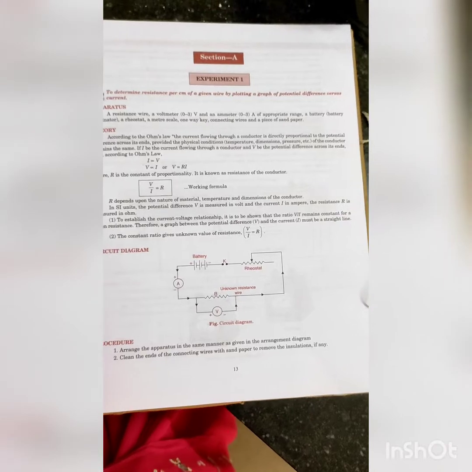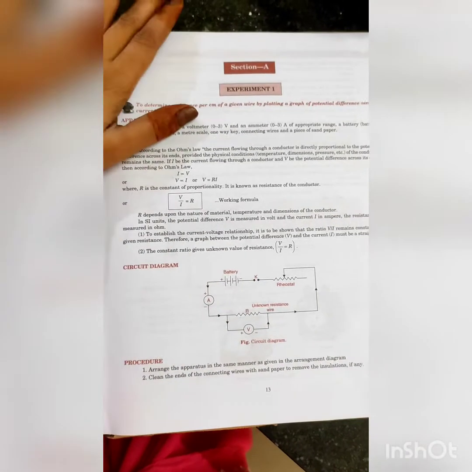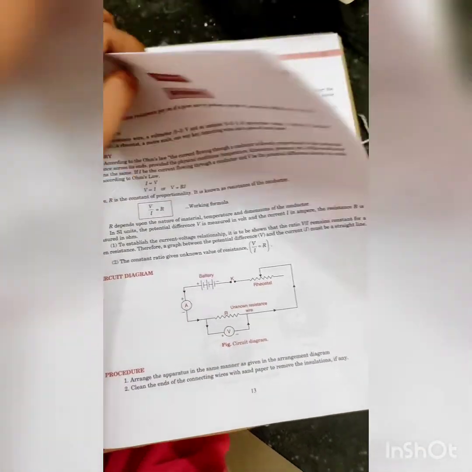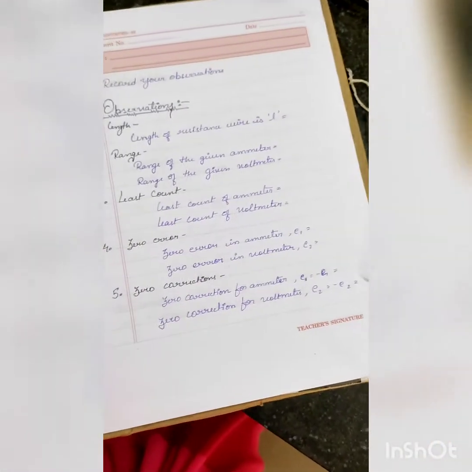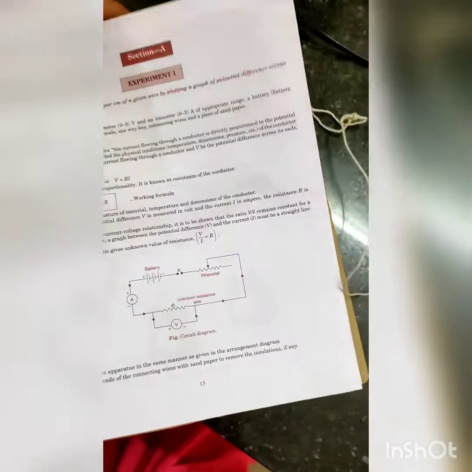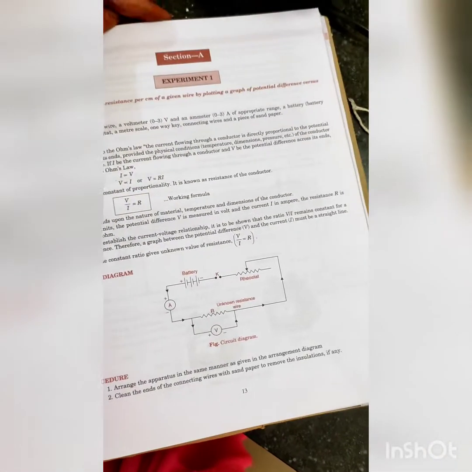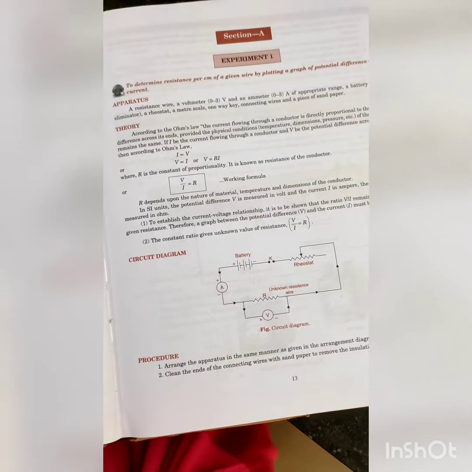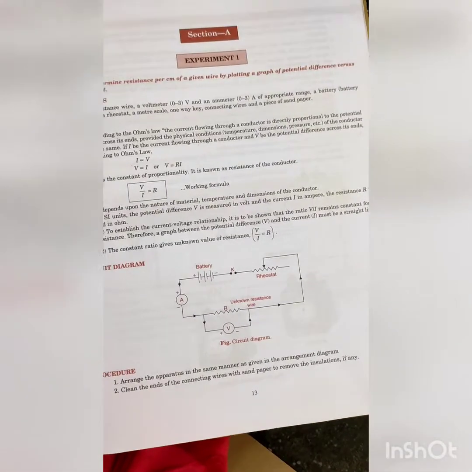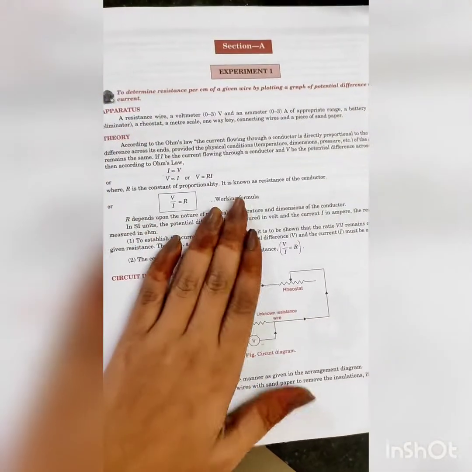Here we are going to see the first practical. Before going to the first practical, see this is the lab manual for your class 12th. You are having the rule papers. You just have to note down the first and the second practical together because I will be making the video in this week. So in a single week you have to do the two practicals, and the offline students have completed the two practicals. So here it is the first practical.